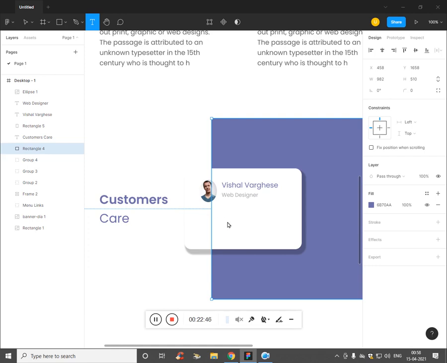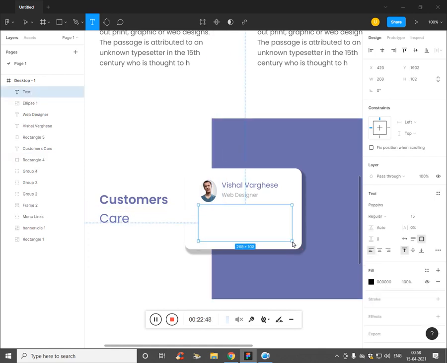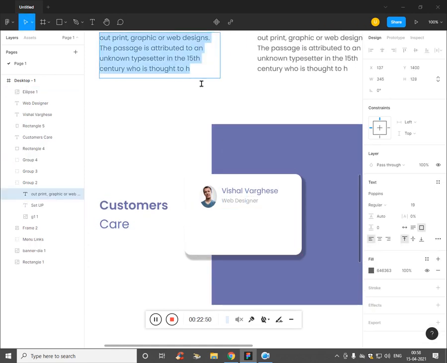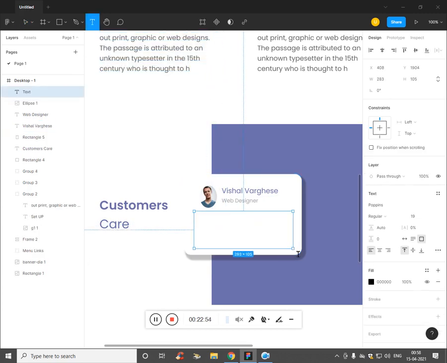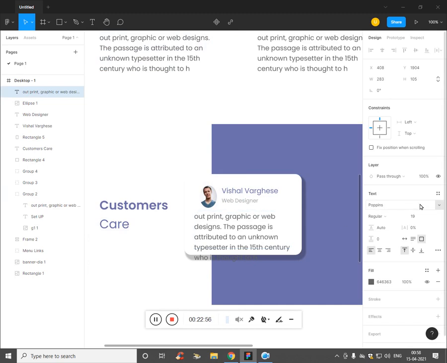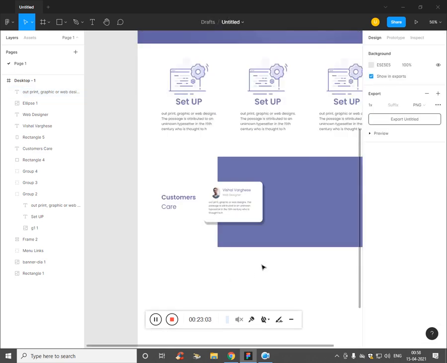Now type T and drag it. Let's add the lorem ipsum content: select all, type T, drag it, paste it, decrease the size. Great, Control minus, well, that works.